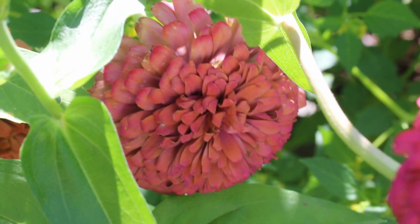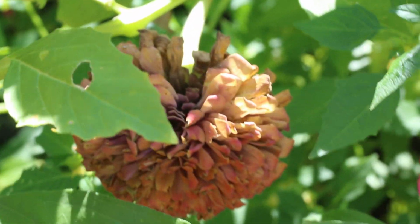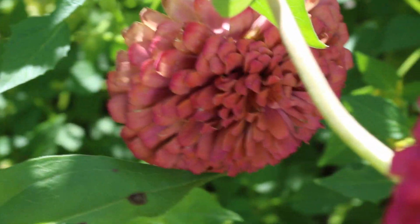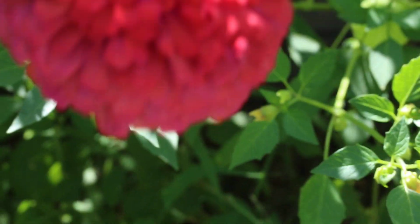There's another one back here that almost looks ready, but we've had a lot of rain lately, and I think that's been preventing them from drying out quite well enough. I tried pulling a few petals. There was a seed, but they were still pretty moist and not dry enough, not ready to harvest. But there is another one over here,